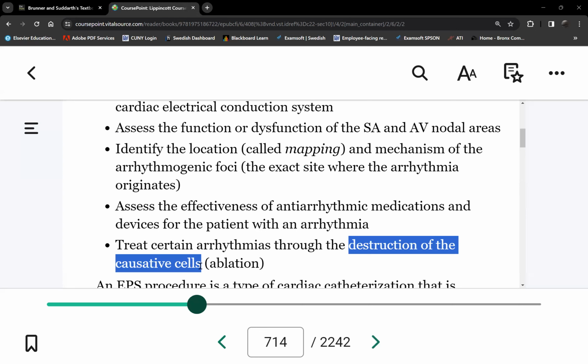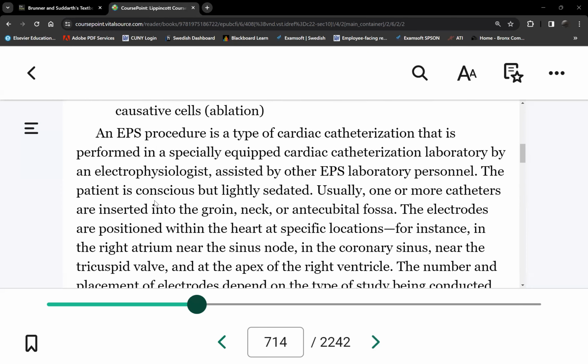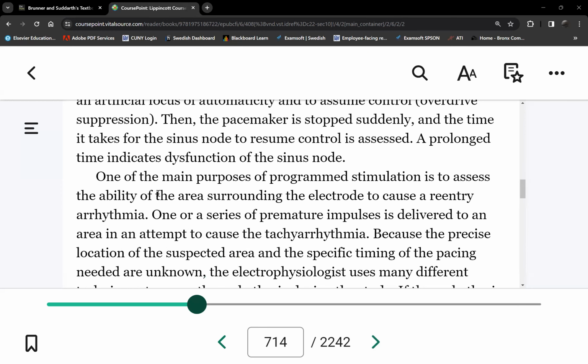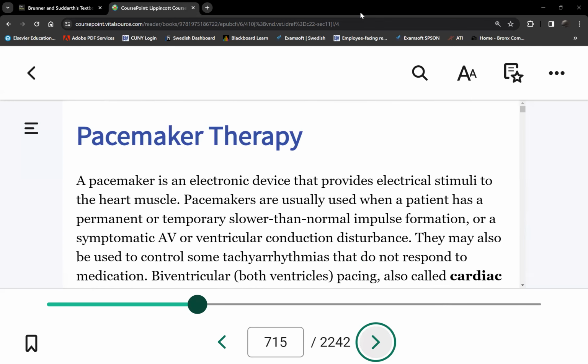So once we locate the cells firing the impulses causing the atrial fibrillation or atrial flutter, then they'll be up for destruction. All right, that's literally the end of this